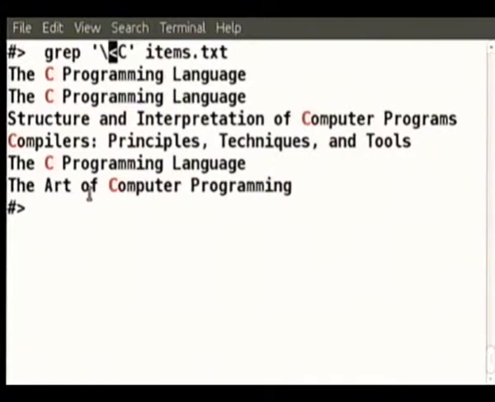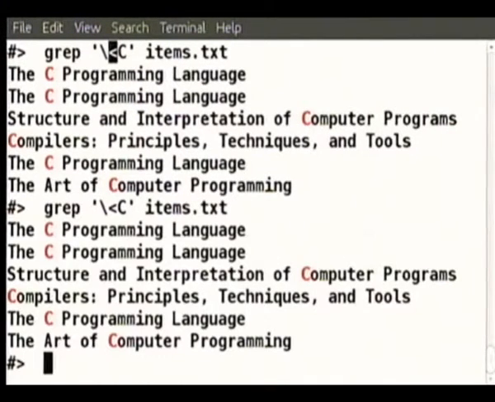So now what we have done is, we are looking for all patterns in which C occurs in the beginning. The beginning means what? Not necessarily a space before C, like here. It could also mean beginning of the line. Both are allowed. Beginning of word means just before that character, either a space or something else, not a number, not an alphabet, that's all.